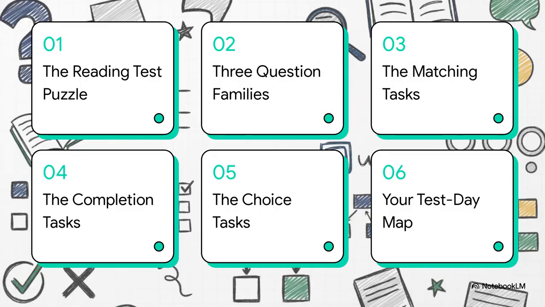So here's our game plan. We're going to start by breaking down the puzzle, then group all those questions into 3 main families. You'll see what I mean. We'll look at each one, and then we'll finish up with a kind of strategic map to help you on